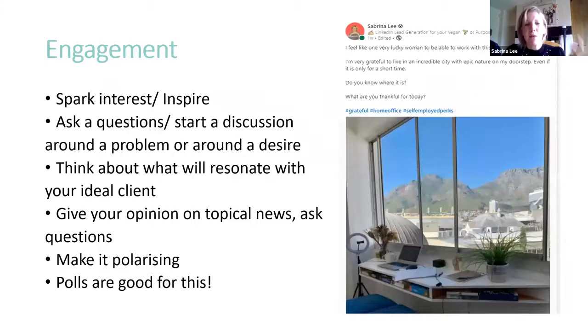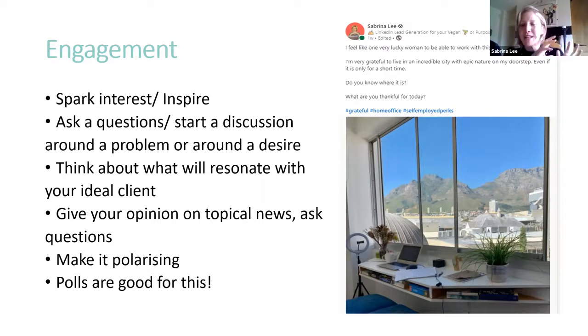So I'm going to start with engagement posts then. These are a more broad range of things, and you might find that you come up with lots of ideas for engagement posts. For example, I was just thinking today, if your ideal client is a woman who's very interested in female leadership, empowerment, that kind of thing, Emma Raducanu's win could be something that you want to make a post about, and you want to ask a question about that. It's just a very simple post, and it gets that engagement, it gets people excited and that kind of thing.